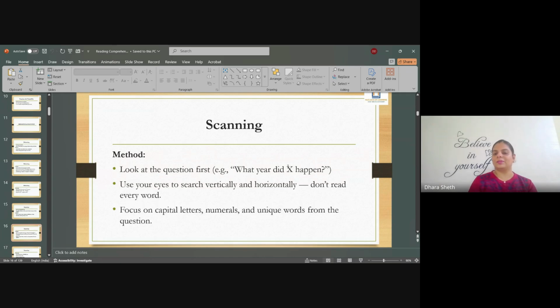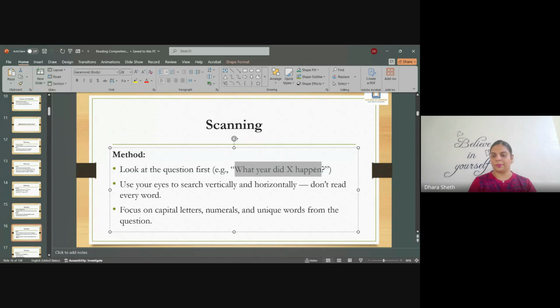What year did whatever event happen? So use your eyes to search vertically and horizontally throughout the passage. Don't read every word. Focus on capital letters, numbers, and unique words from the question. So like whatever words comprise of X or all the numbers that could talk about the years, or even if the numbers are written in words like forty, 42, that way. So keep an eye for that in the entire passage, scan that way,